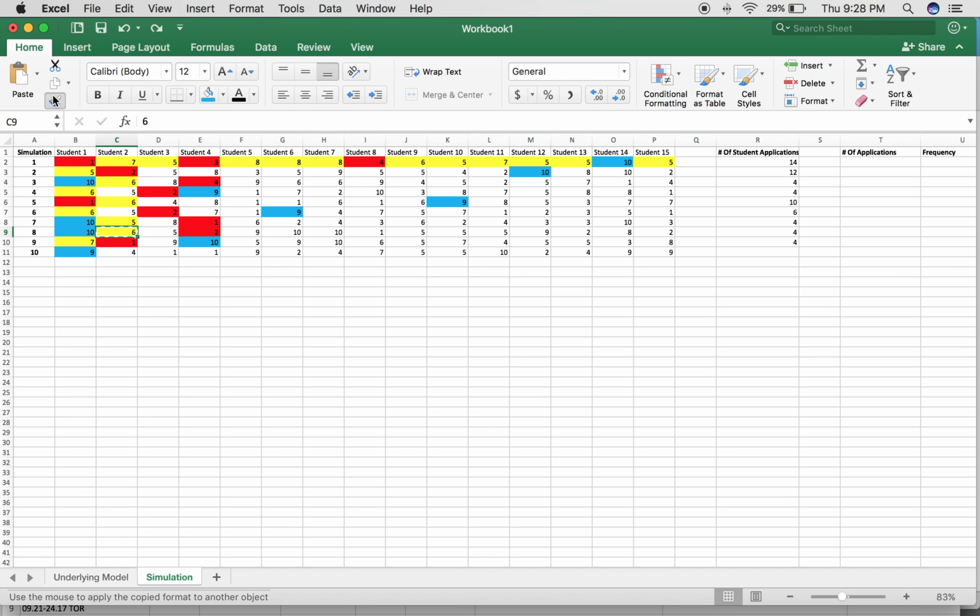So I'm going to format copy and then just click this cell. Okay. And then I know that 1 is also not being accepted, which is red. So I'm going to format copy this cell onto this one. So it's just going to make it the same color. So now